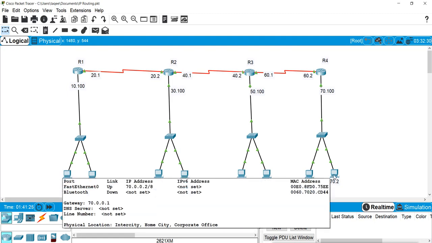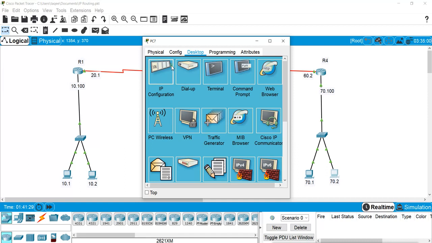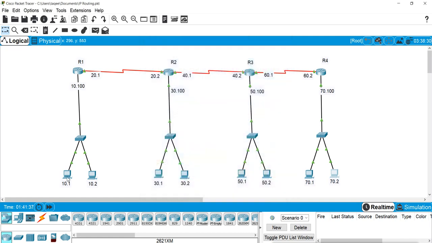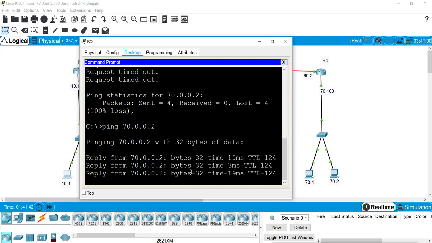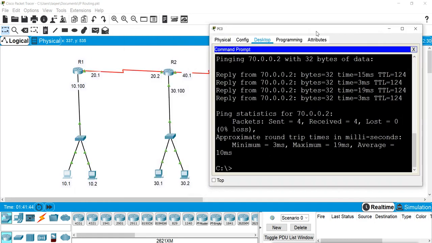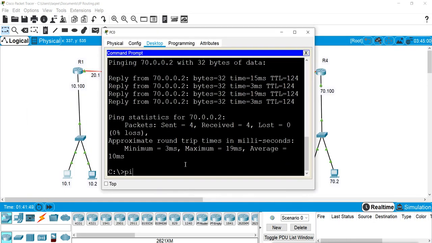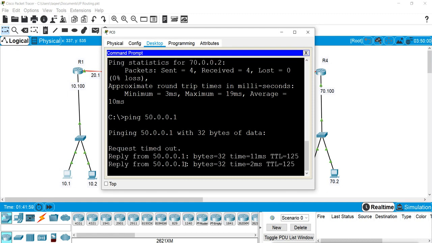Okay, it does not have a gateway right. The gateway is wrong here. It is 100. Okay, now it will also ping. So this is also pinging. And also these other networks, we have 30 and 50. I can ping 50.1. I'm pinging 50.2.